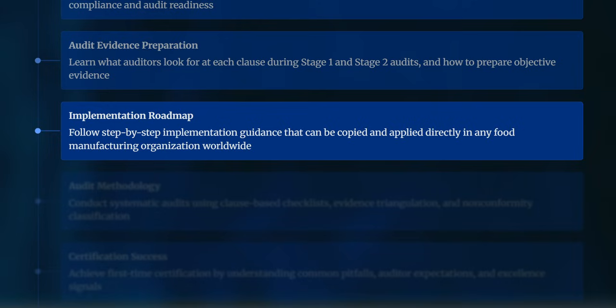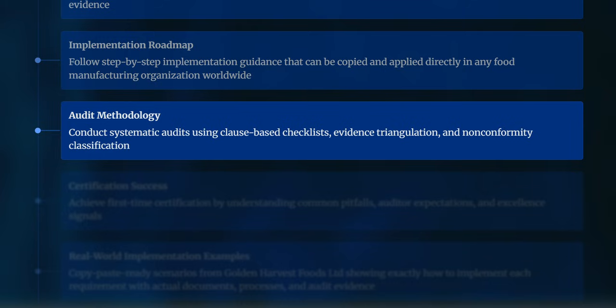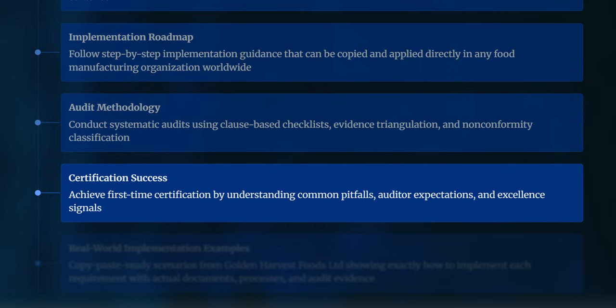Also, you will learn the implementation roadmap. You will follow step-by-step implementation guidance that can be copied and applied directly in any food manufacturing organization worldwide. And you will learn audit methodology: how to conduct systematic audits using clause-based checklists, evidence triangulation, and non-conformity classification. Also, you will learn certification success, achieving first-time certification by understanding common pitfalls, auditors' expectations, and excellence